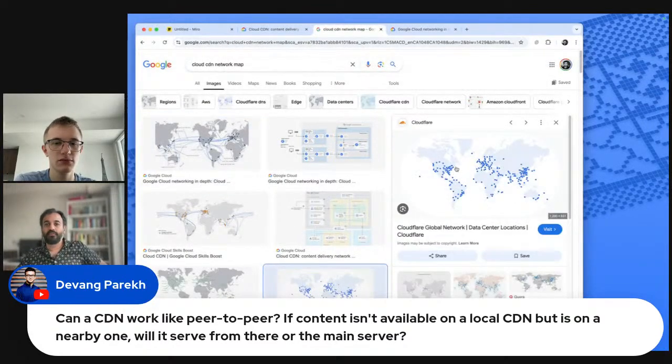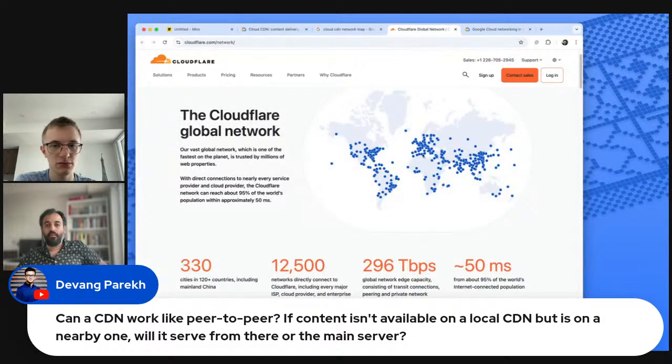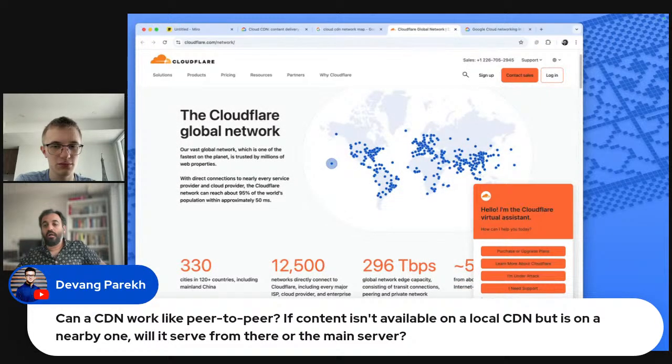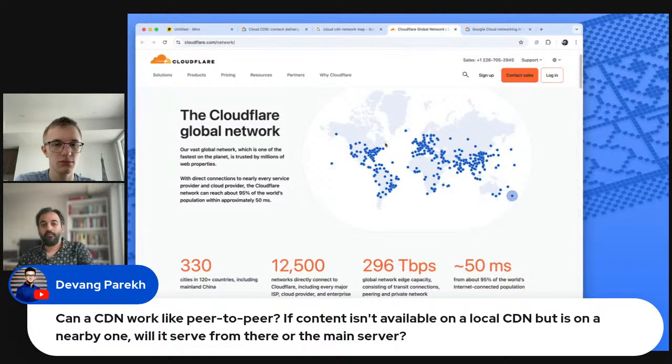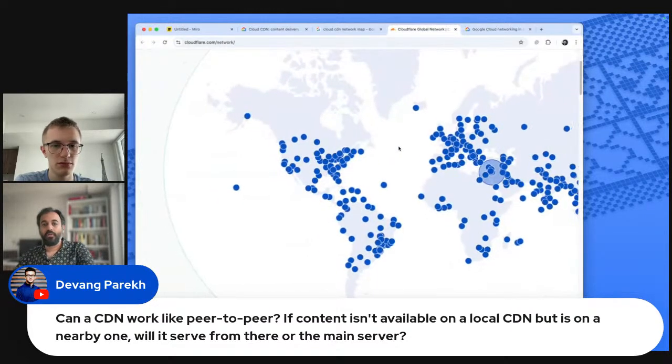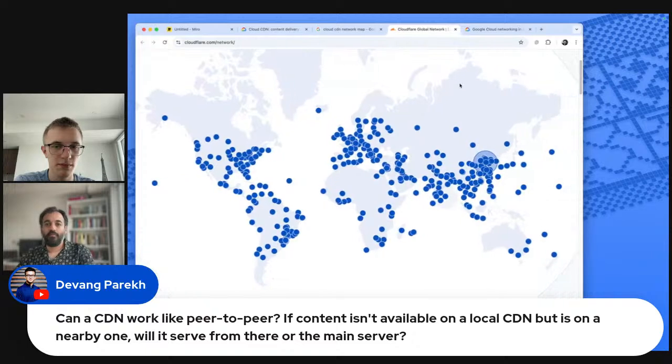This is Cloudflare's diagram. Cloudflare has gone crazy as well. Look at all this. This actually tells you a lot about how the internet operates. Clearly there are a lot more internet users on this side of the world than somewhere right here, like the top of Russia. Obviously a lot of Indian users.